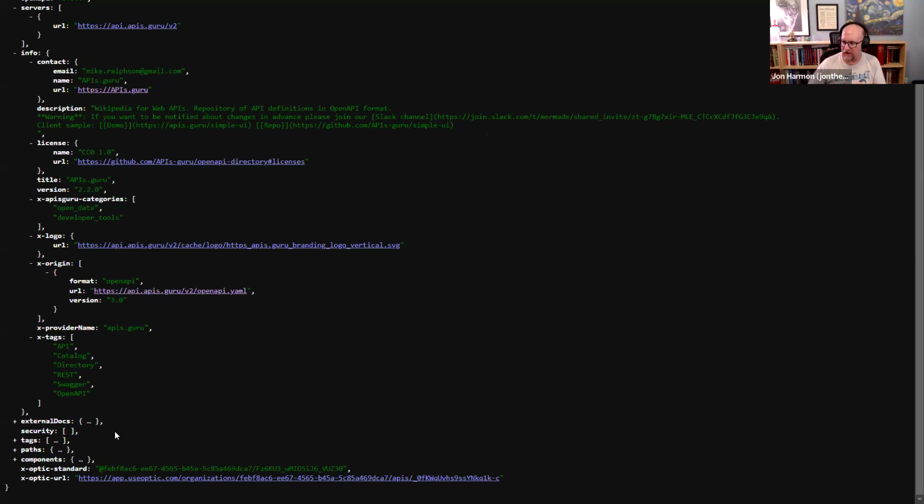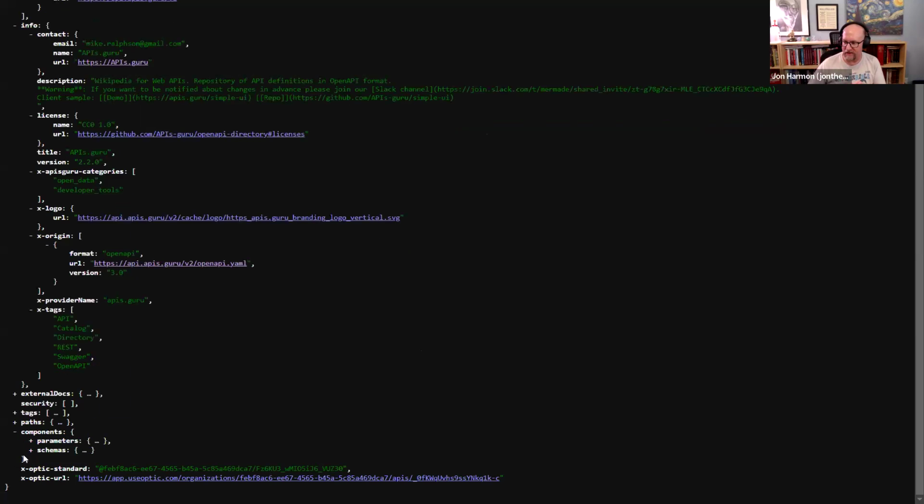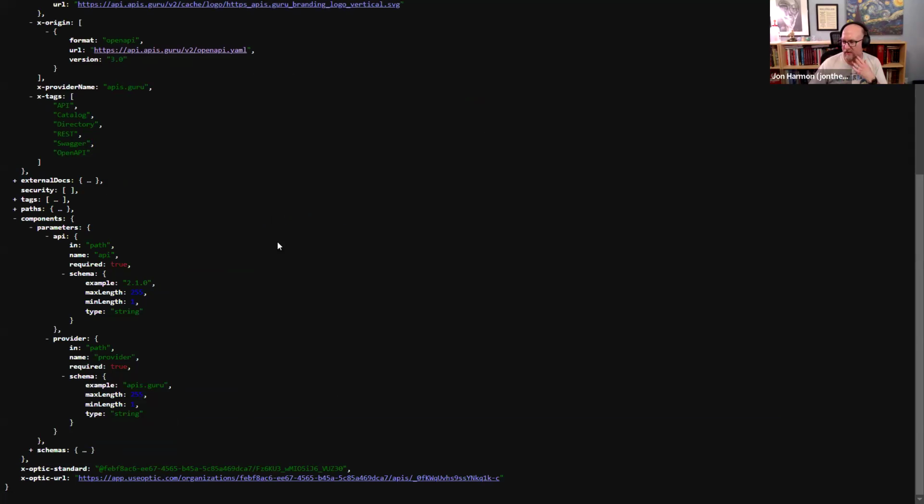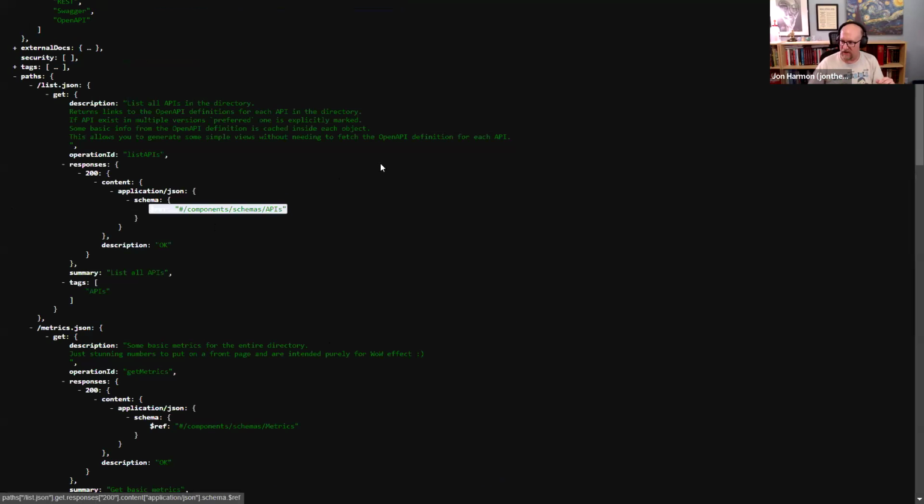And then I just wanted to go through the other piece. An important piece is this components part. Components is for reusable information. And so in this one, it happens to have these API and provider parameters that are referenced in a whole bunch of different paths. It's like if you're going to reuse the same argument, it defines it once. That's a little bit annoying because if you're looking at one specific path, if we load